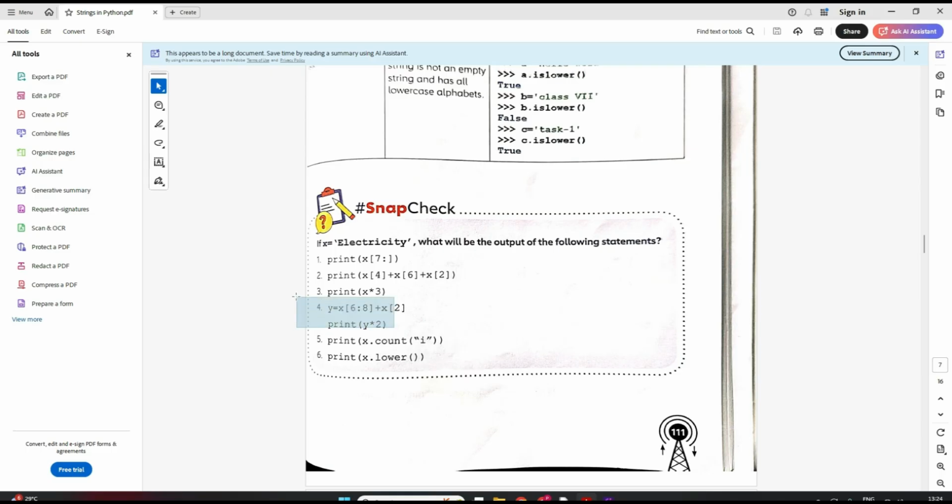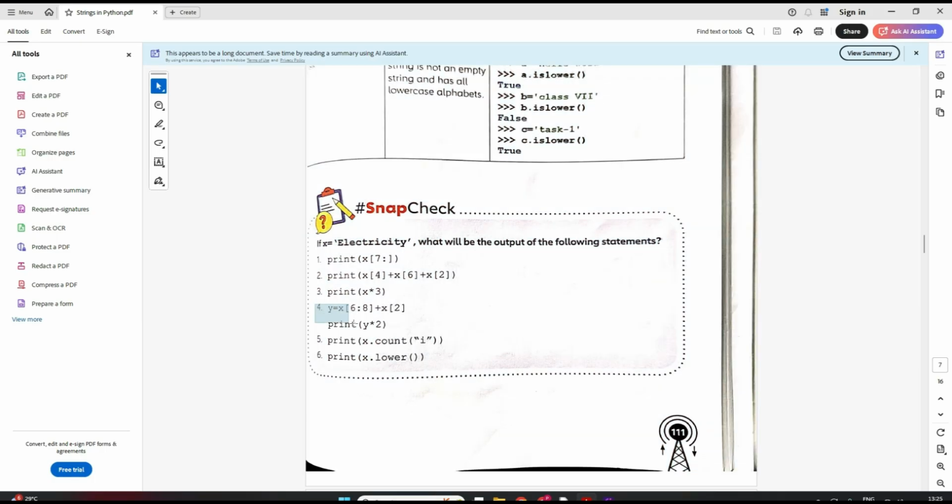I'll do it in Python for you so that you understand it better. Now let's try to do this. Print x.count('i'), which means in x I have to count how many times I is coming, right? So you'll just count how many times. It's 2 times, correct? Now print x.lower(), so everything will come in lowercase, right?